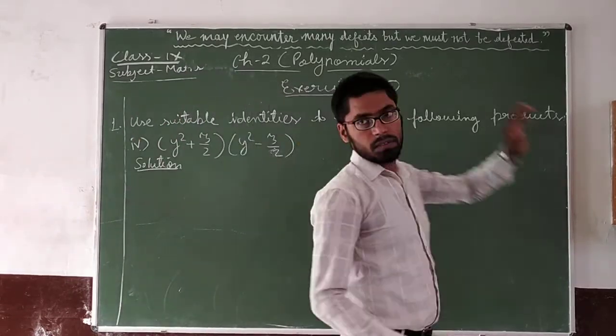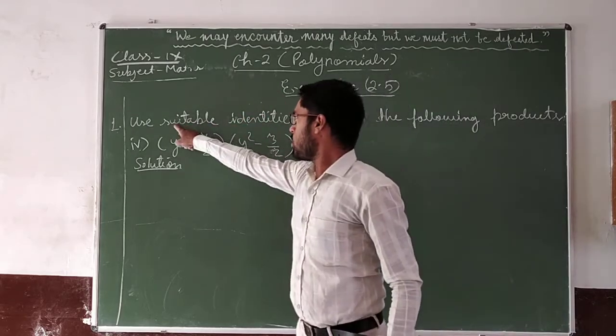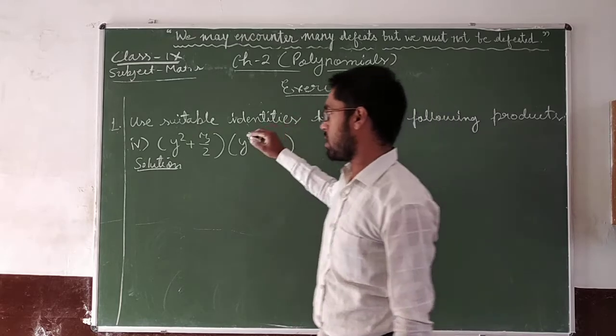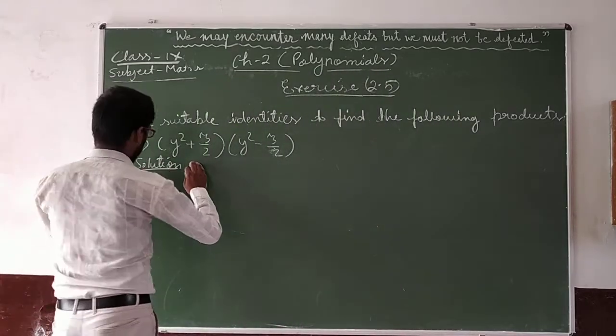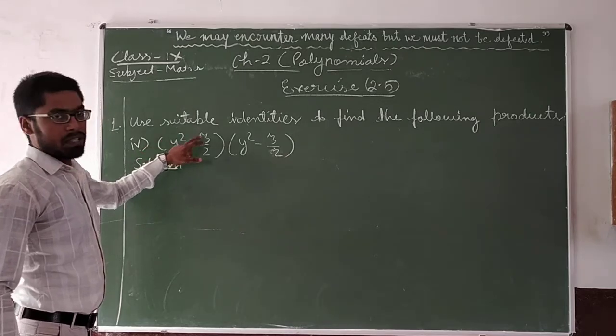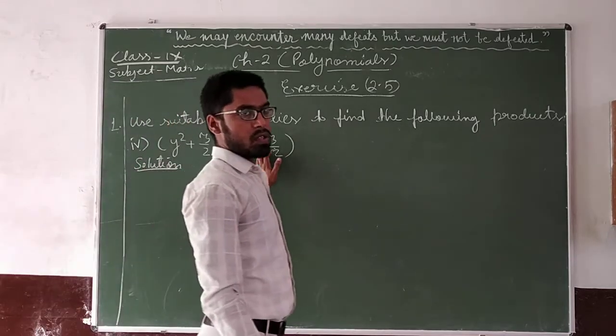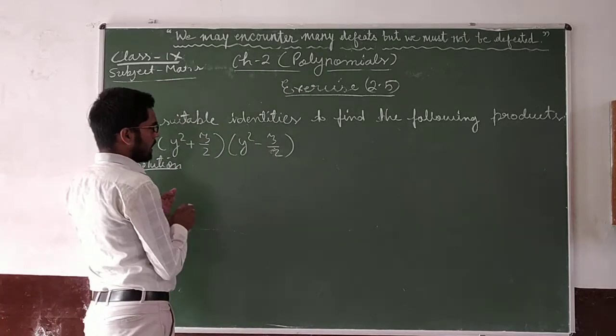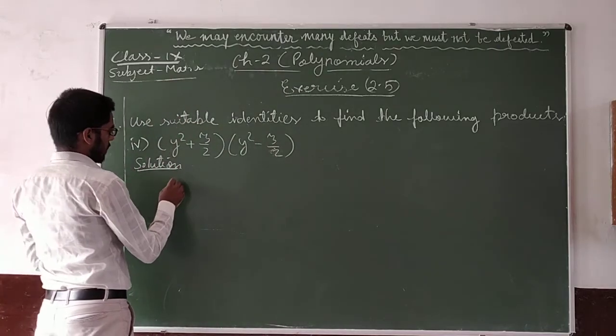Exercise 2.4. Use suitable identities to find the following products. So part number 4 of the question number first is in one bracket y square plus 3 upon 2, another bracket y square minus 3 by 2. Okay. So here you can see